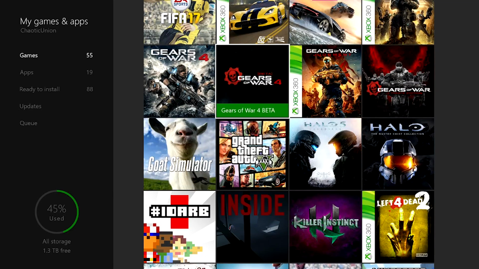Keep in mind though that you'll be able to reinstall any of these games simply by scrolling over to Ready to Install and installing it from there. You can also check how much hard drive space you have in the bottom left hand corner. As you can see, we have a lot free, but let's say we don't have enough free, and I want